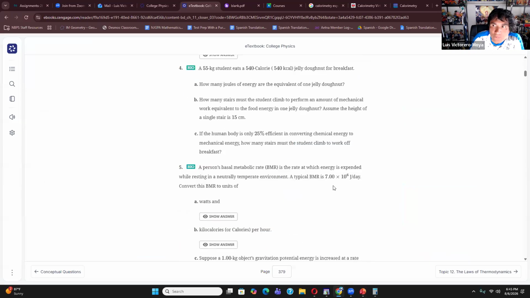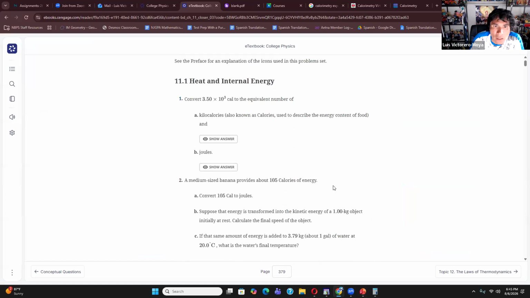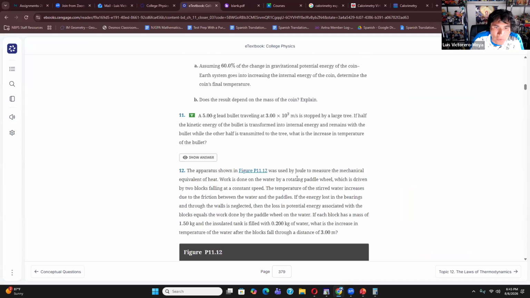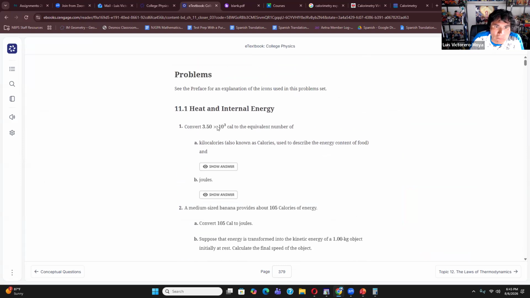All right. Let's start with something simple. Let's start by converting. All right, so you guys know how to convert, and then we can do some problems on calorimetry. So, how do you convert calories to kilocalories, or joules? This one, if you have 3.50 times 10 to the 3 calories, kilocalories is basically 1,000 calories,